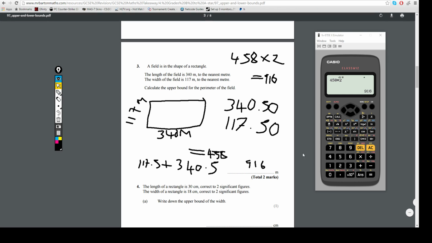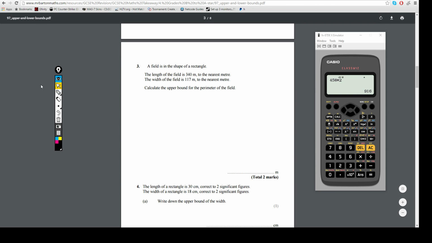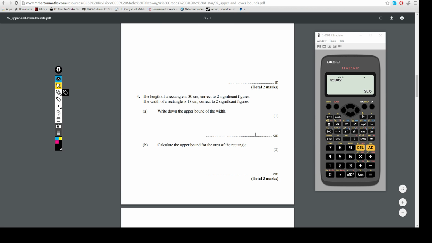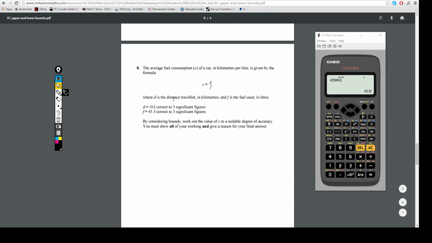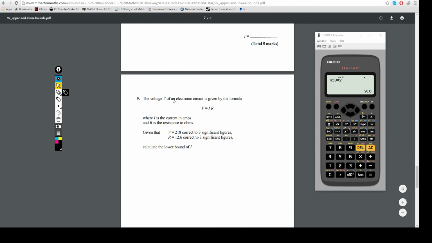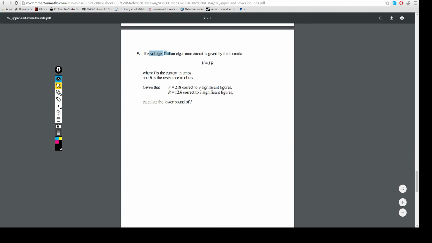Okay, so let's do another question here. We don't need to do another one of those. Why don't we try this one? The voltage V of an electric current is given by the formula V equals IR, where I is the current in amps and R is the resistance in ohms. And given that V equals 218 correct to 3 significant figures and R equals 12.6 correct to 3 significant figures, calculate the